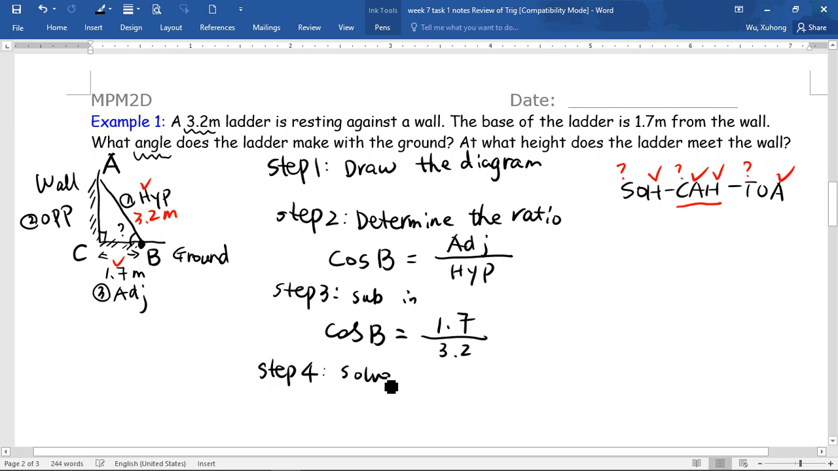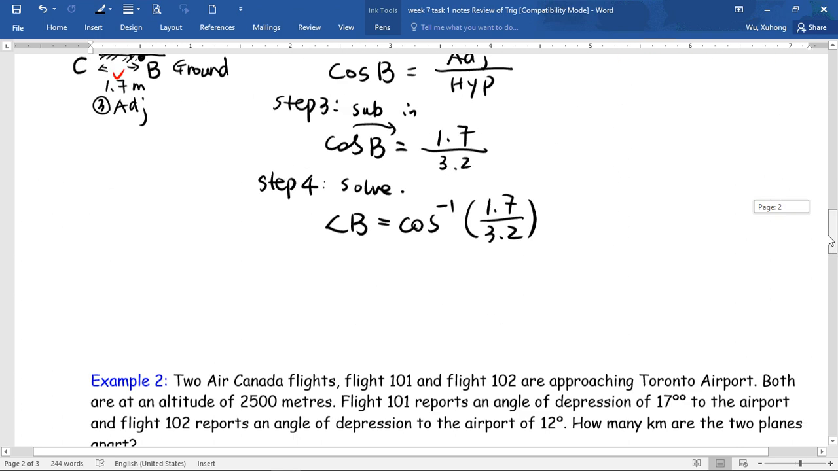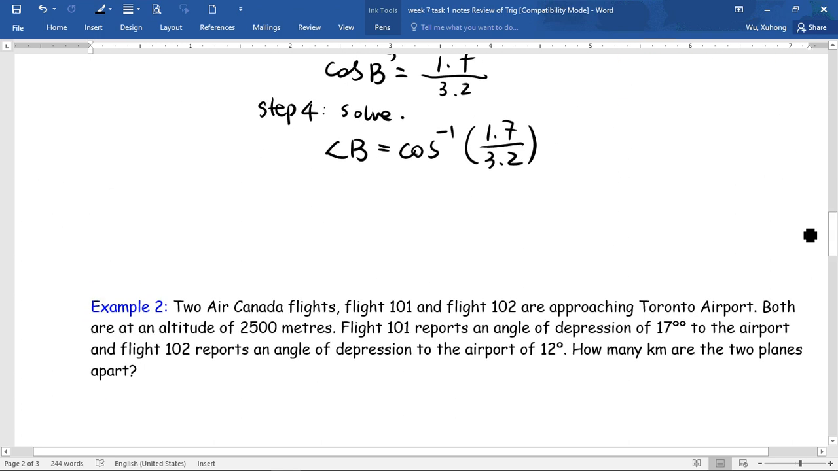And when you are solving for angles, we use the inverse. We move the cosine only to the other side. Do the opposite operation, which is the inverse. Okay. Then get your calculator out to find the answer for this one. So the angle B will be,